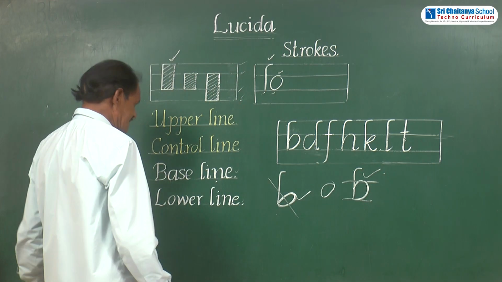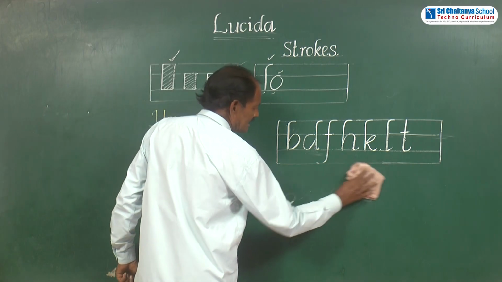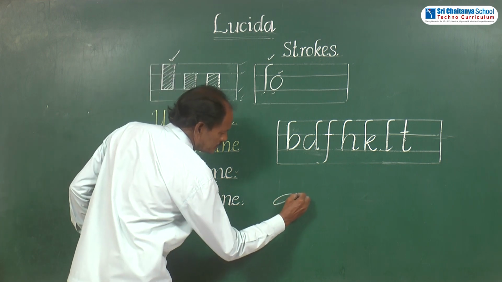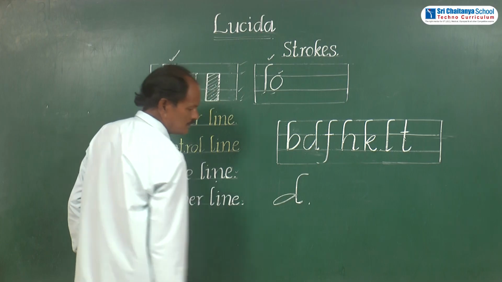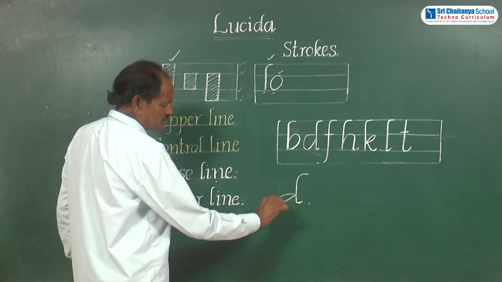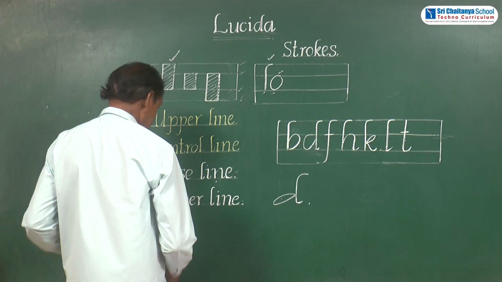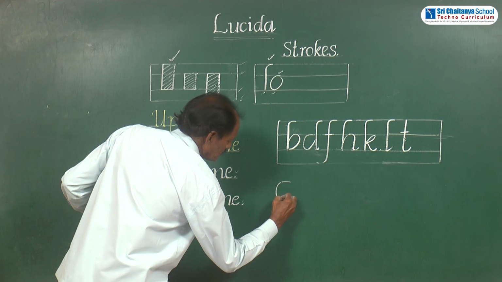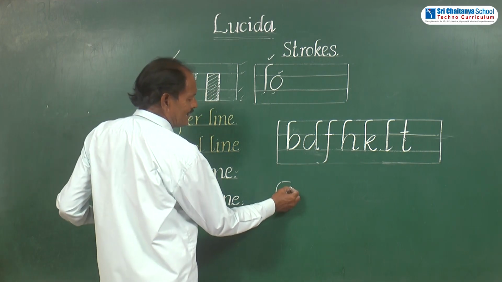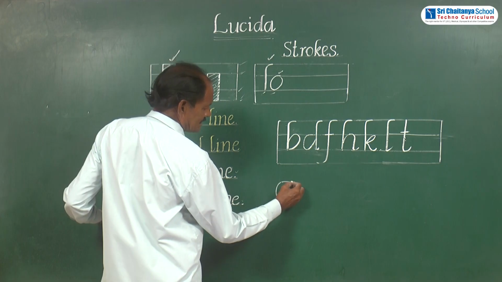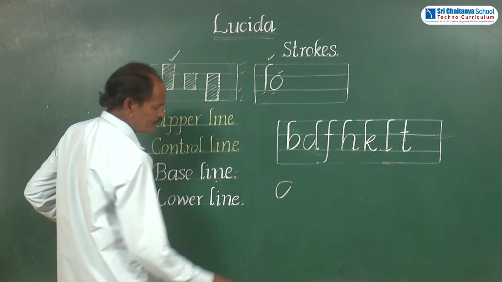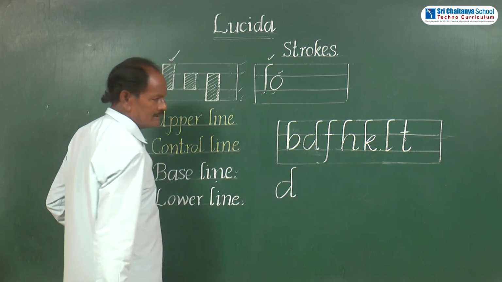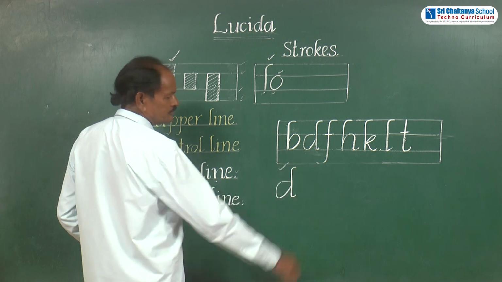Okay? Next, somebody used to write D in an improper way. I will show you. This is also the oval shape, but the oval shape should not be written like this. It should be written like this. We should not complete the oval shape. Just a simple gap should be maintained there. And these two edges have to join with the upper zone stroke like this. Then the letter will be legible. D.